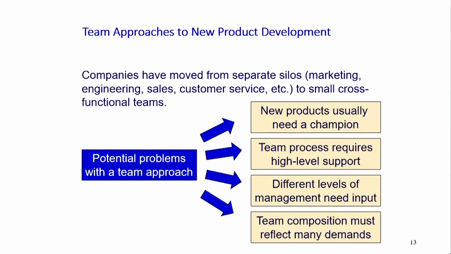design activity. So, cross functional team formations are now the order of the day, but remember that some of the caveats here are that we always need a product champion, we always need high level, top management support for the team process, and there need to be interactions with the different management levels and different management disciplines, be it finance, production, or maintenance in the development process, and the service department, for example, who earlier used to come into play only